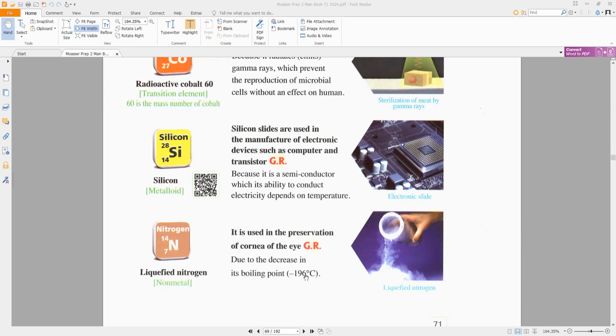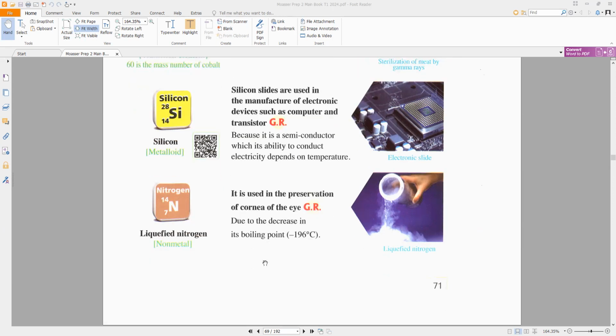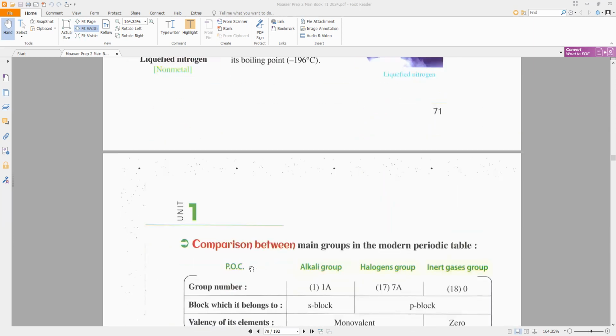So we use it to preserve the cornea of the eye because its boiling point is minus 196 degrees, to become liquid at low temperature, so it preserves it. This is the uses of this